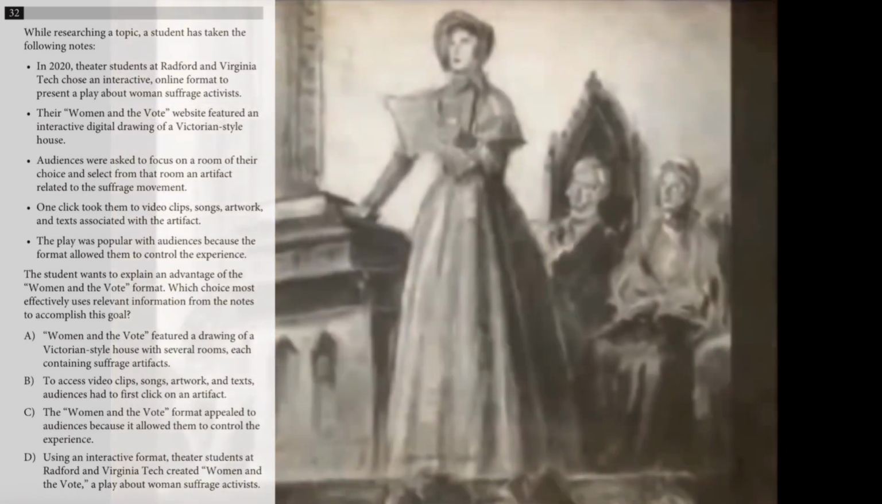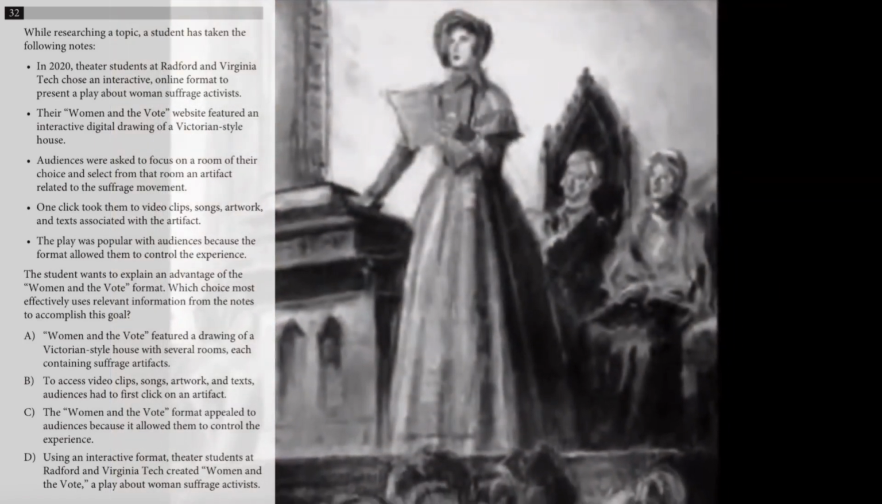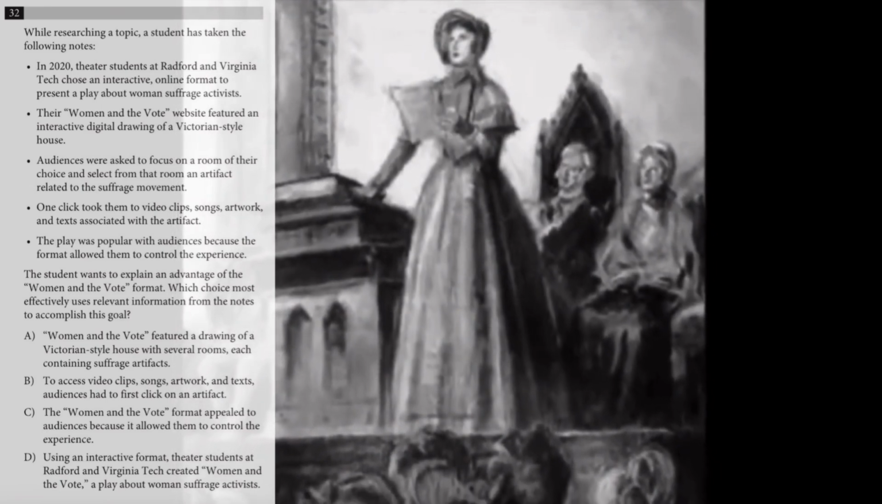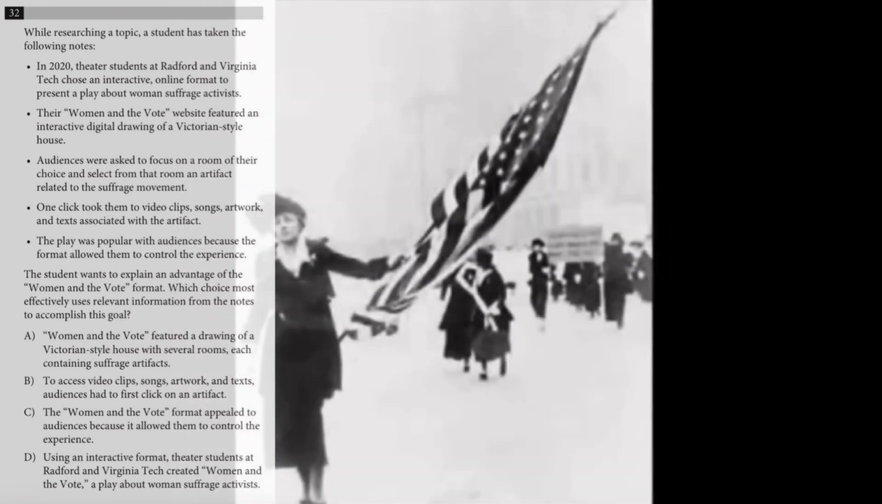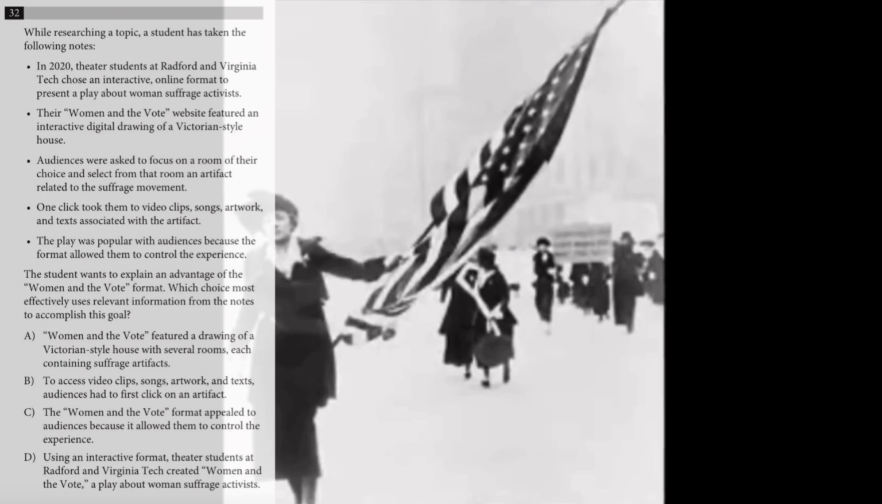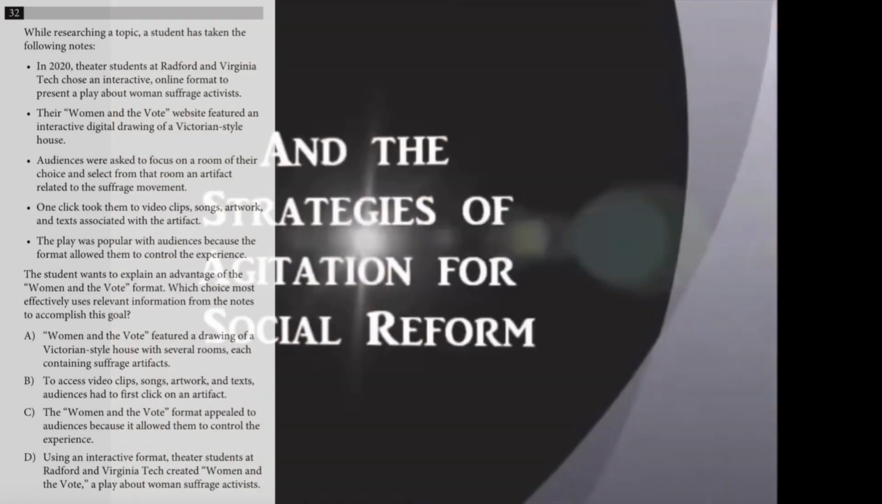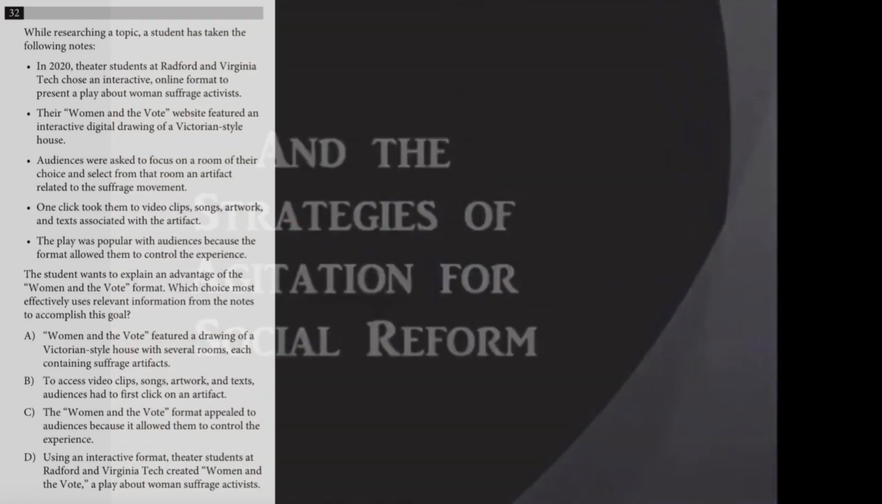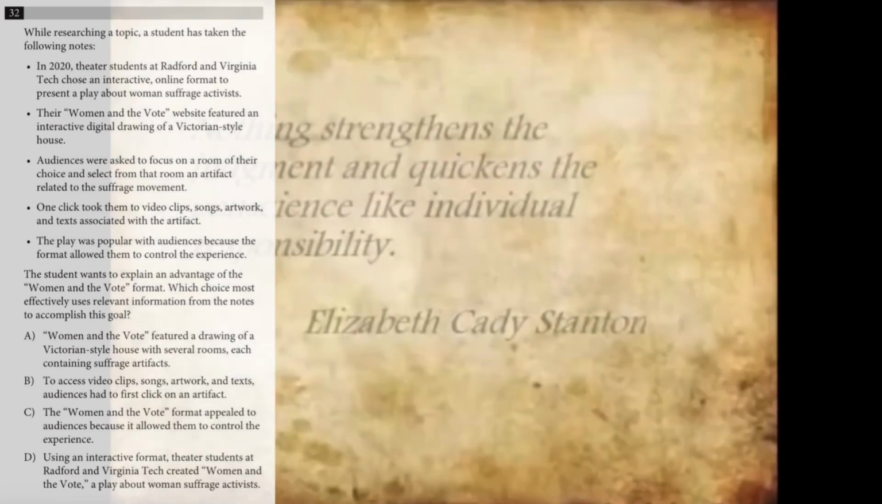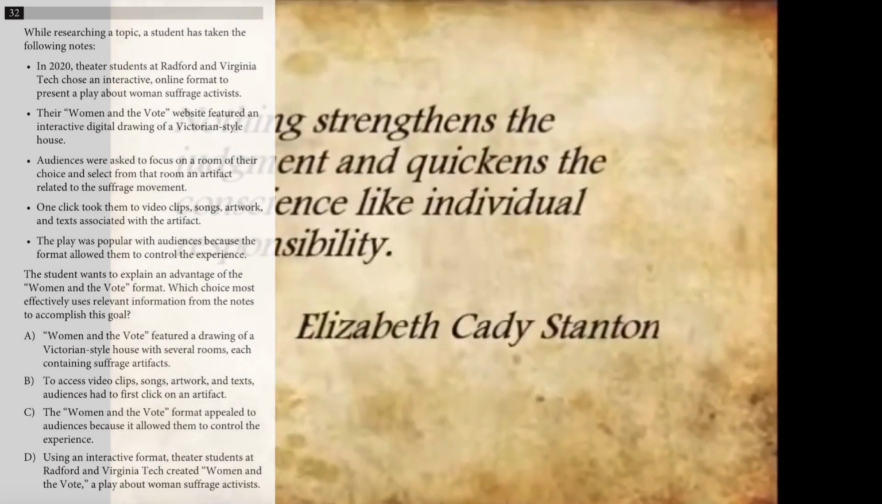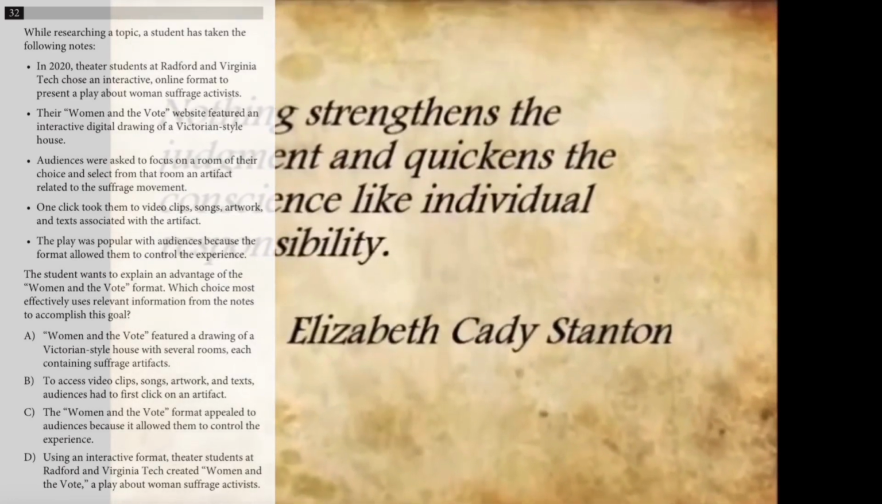B. To access video clips, songs, artwork, and texts, audiences had to first click on an artifact. C. The Women and the Vote format appealed to audiences because it allowed them to control the experience. D. Using an interactive format, theater students at Radford and Virginia Tech created Women and the Vote, a play about